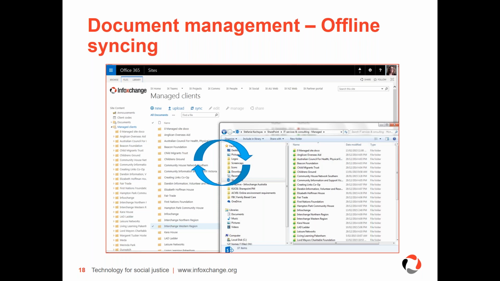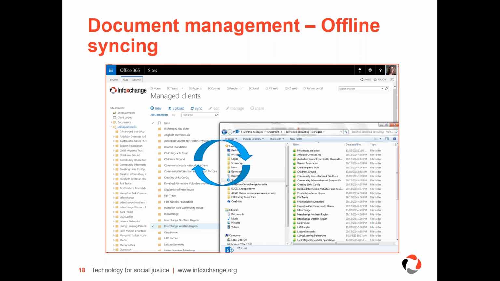When I was testing this, I had a document library of 358 meg of files. When I set it up as Files on Demand, the footprint on my local computer was 16 kilobytes of data. Therefore, any changes that people were making was only pushing under a kilobyte of data backwards and forwards across the internet. So that was a game breaker for organisations, particularly in Australia where we do have poor internet.